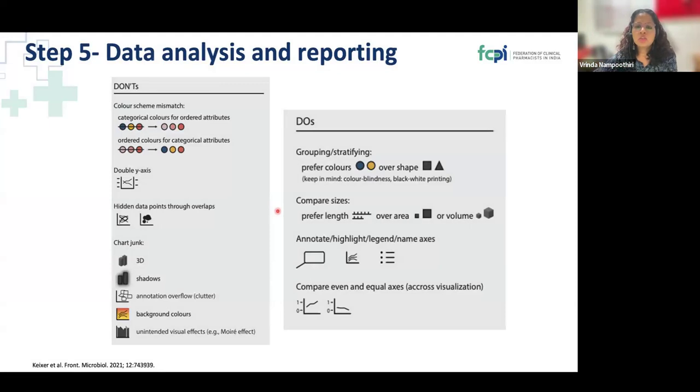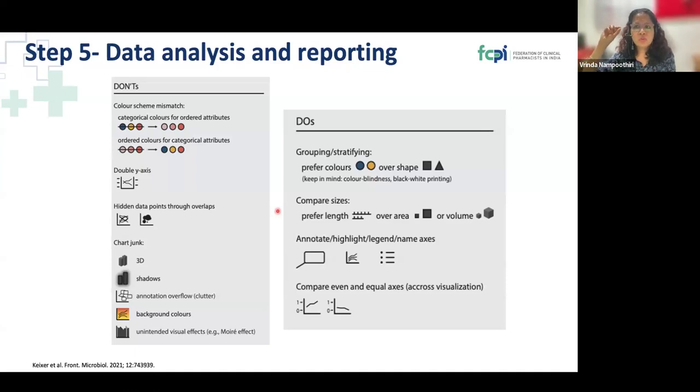when you are preparing these charts. So when you prepare graphs, you might become very, very creative, and you might incorporate various effects and colors and things like that. But when you're doing such things, make sure that you are not messing up the data and you're not making the data very hard to understand. So some things that these authors have asked to avoid: when you're choosing the colors for the bars,